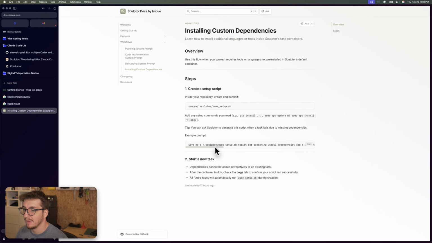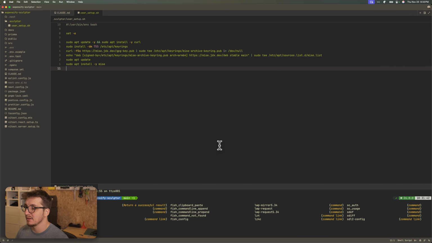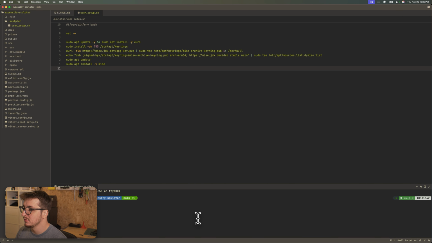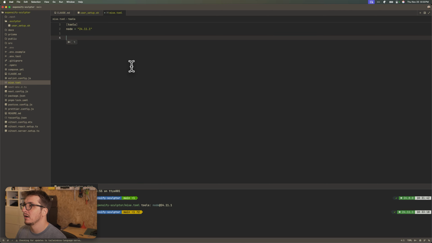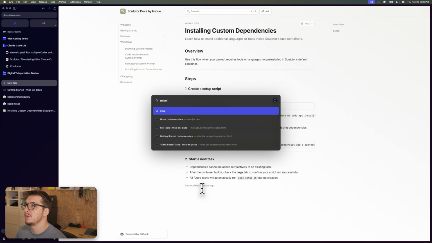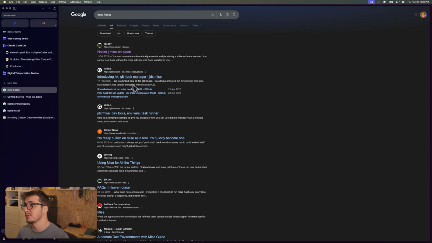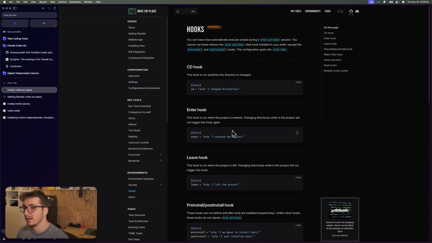Okay, and then I guess I can come here. For example, I can do Mise use Node.js this, and then I'm gonna come here and do hooks. I'm gonna do after. So I'm just copying from Mise hooks. I'm gonna set this up so I can have the post install. Yeah, that's the one that I want. So in post install